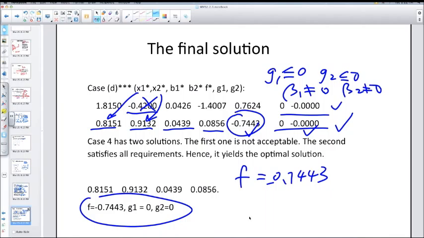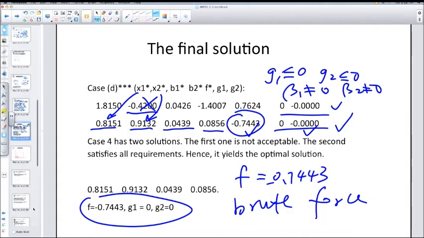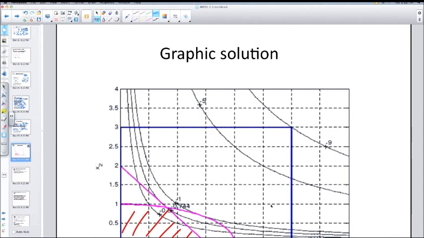So finally, you get your solution by just, we call it brute force. You look at all the four cases, and basically, you brute force it. All right, and there's a simple strategy. You look back into this